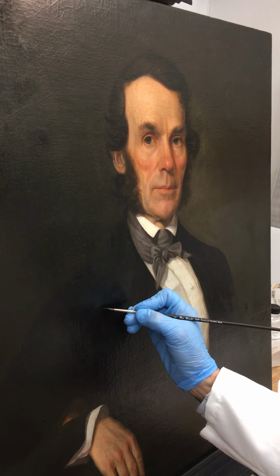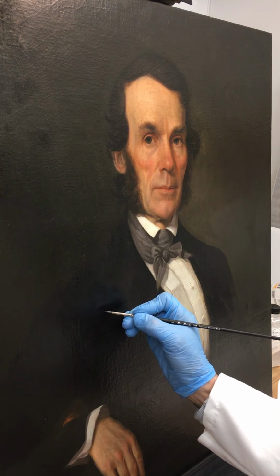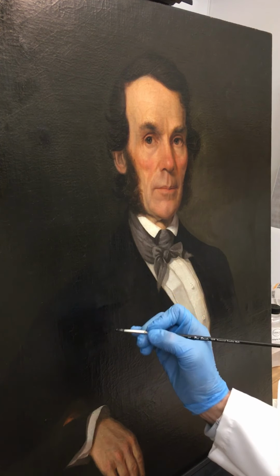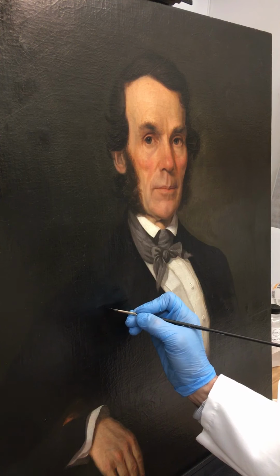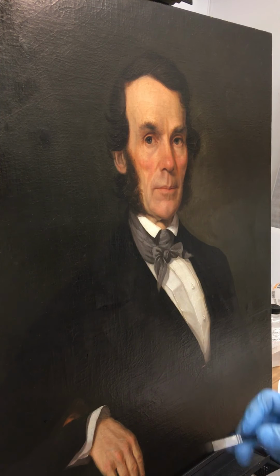And this painting had traveled down south to where her sister lived and was severely damaged in a very bad hurricane. The hurricane of April 2nd. I don't recall the year that this happened, but it was quite a while back. The painting had been brought to a conservator at that time who began to work on it and for some unknown reason stopped. And the painting was put into storage